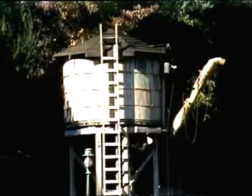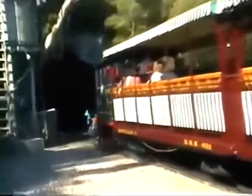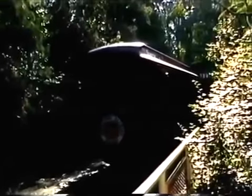To the right of the freight station is the water tower, where the steam trains stop every few hours to take on water. One car from the old train returned to the rails in 1976, but in a much grander style than before. Under the direction of Bill Cottrell, the outmoded observation car became the sumptuous Lilly Belle, bicentennial special and presidential car